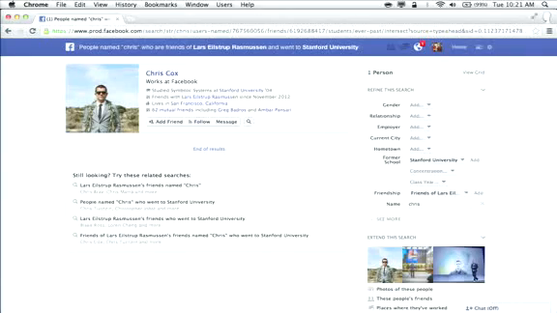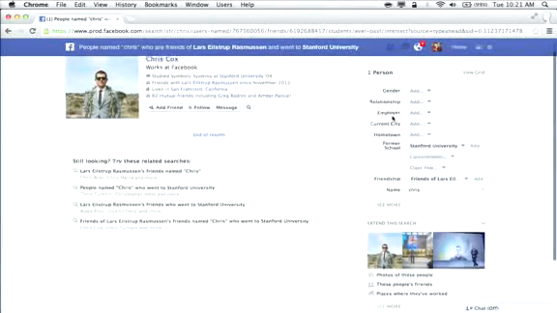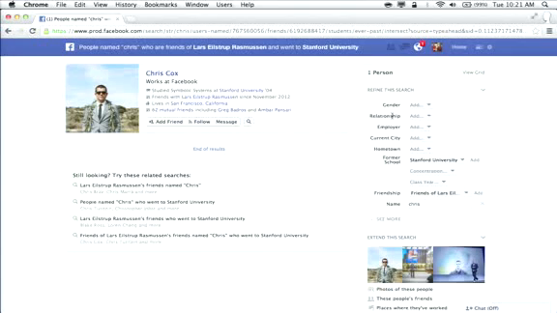And I want to mention one other thing. So you may have seen these tools over on the right side where it says refine this search. This is another way that you can refine your search, where you can choose a gender or relationship, employer, et cetera. In this case, I wouldn't want to refine it further because it's just one person. But the reason to mention this is because we realized that with this search box where you can just type anything you want in there and get back results, we knew that people would have trouble understanding what you can and can't search for.